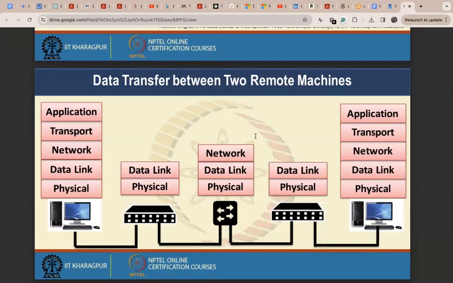So that is your switch. The switch is a layer 2 device. That means when the packet reaches it, it will read the physical layer content header and the data link layer header, and then after finding this data link layer and physical layer,